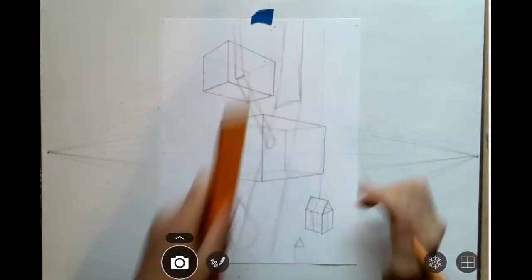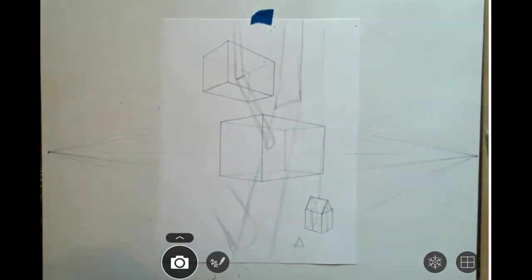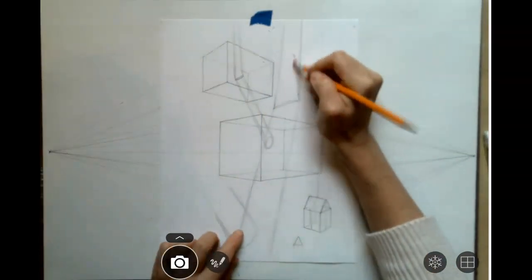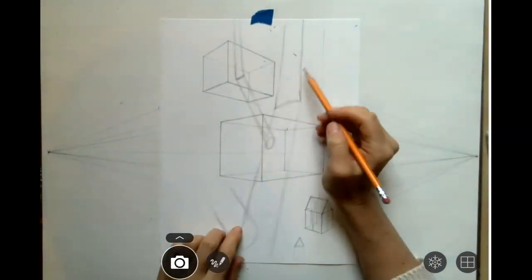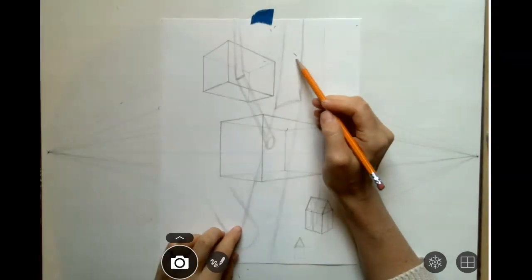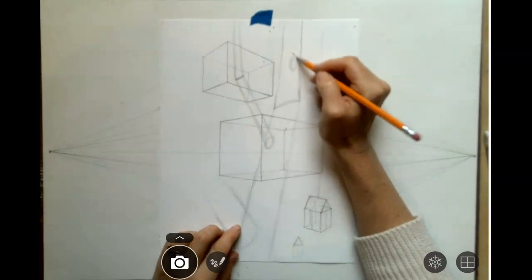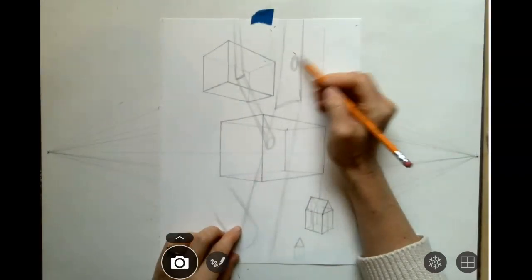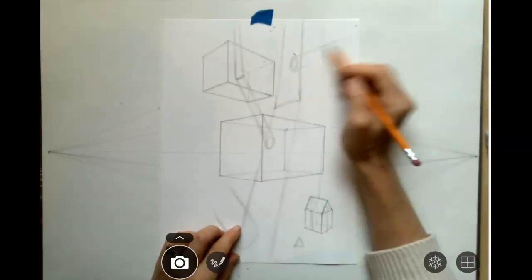Okay, and then we can end this wherever we want to end this once we have a tree branch. All right, so now I can add a tree branch over here. All right, so adding a tree branch, again, we want to have some kind of ellipse here, and we can have this kind of angle up and out,